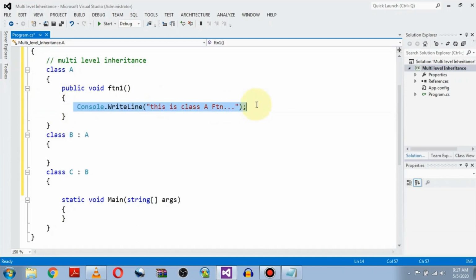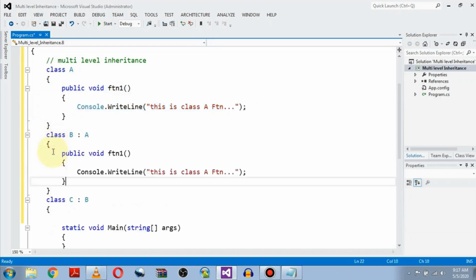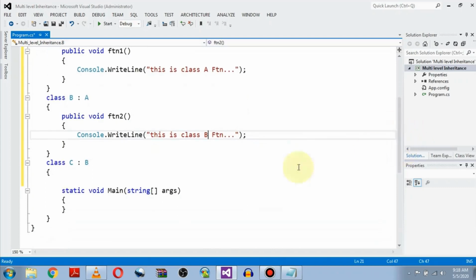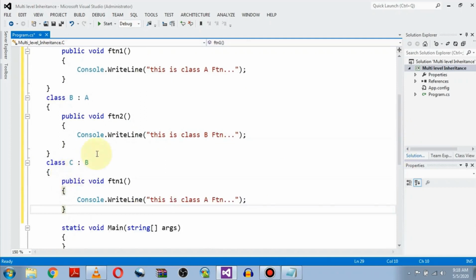Copy this whole function, Control C, and again Control V, function number 2 for class B, and again in class C, let's give it the name function number 3, with a message from the class C function.